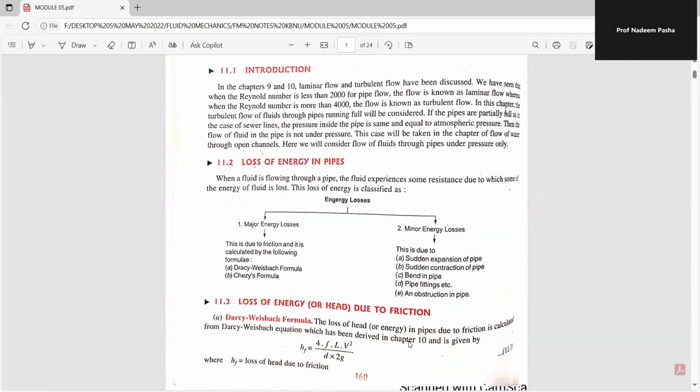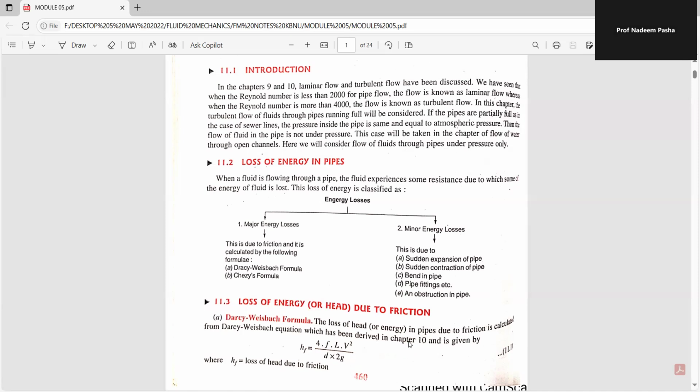After that, we have classified the loss of head due to friction in two ways, that is major losses and minor losses. Major losses are the losses which cause more severe impact than the minor losses. The major losses are calculated using two formulas. One is the Darcy-Weisbach equation, number two is Chezy's equation, whereas minor losses are calculated using various methods such as loss